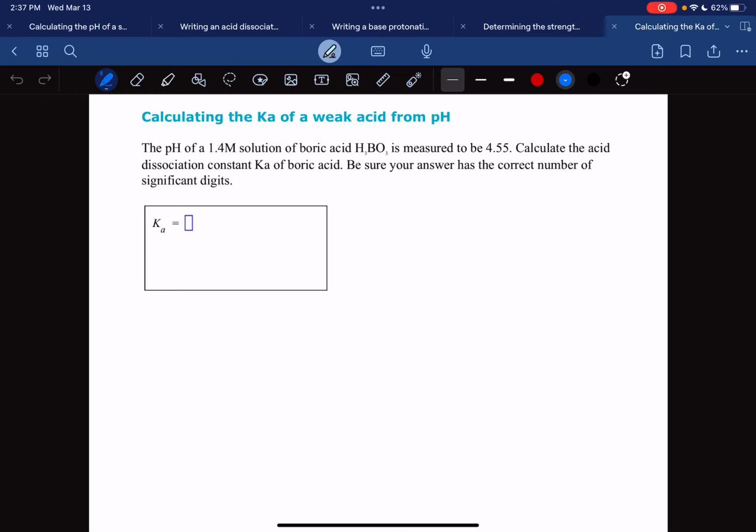So in general, there's only two types of equilibrium problems. One where they're asking you to solve for the Ka and they're giving you concentrations, or they're giving you the Ka and they're asking you to solve for concentrations. In this case, they're giving you Ka, but they're giving you pH. So if they're giving you pH, that must be a way for us to figure out concentration, or else we